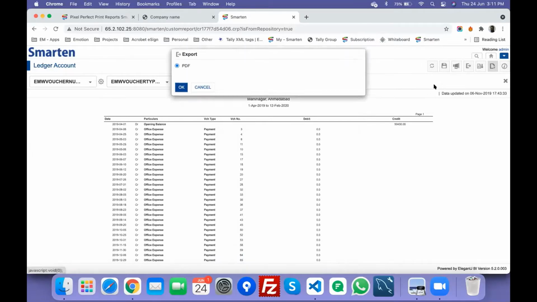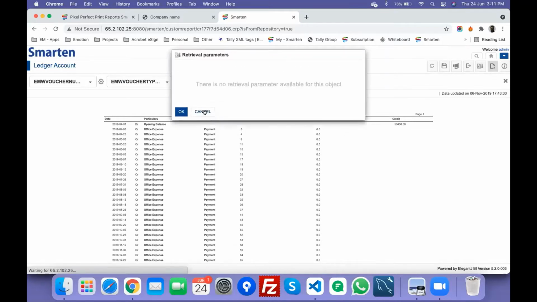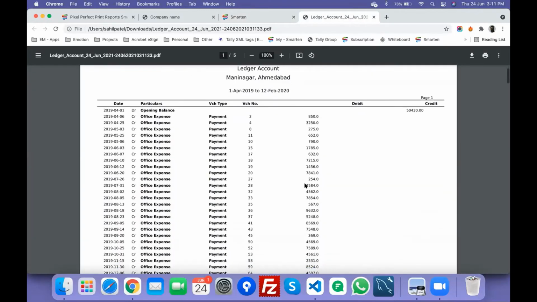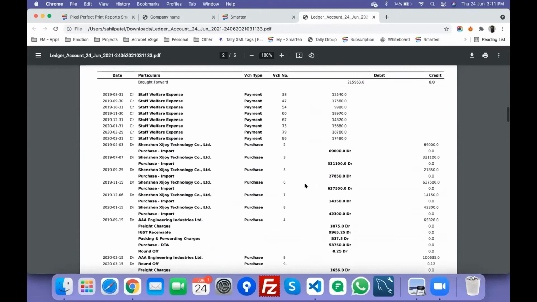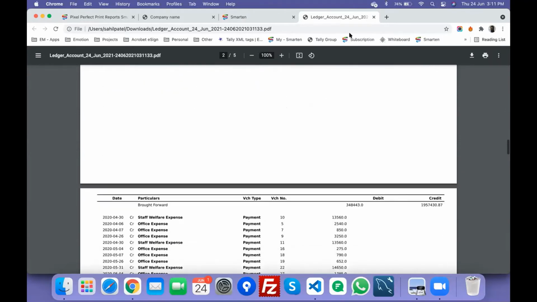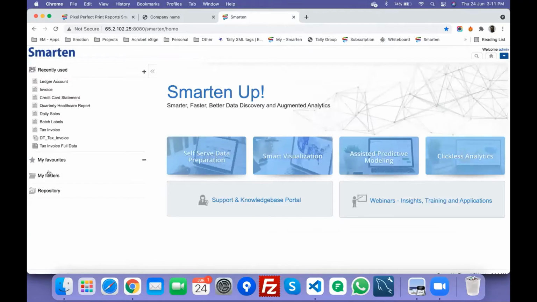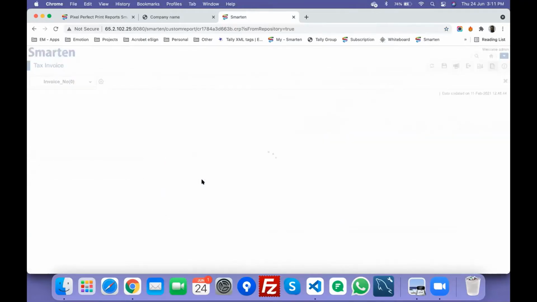So all those standard features, you can export that into PDF as well. And yeah, there are no retrieval parameters configured for this, but whenever the report is loaded, you can have that filter dialog. So this is the PDF that has been produced, for example. Let me show you some other formats. Say this is the tax invoice.